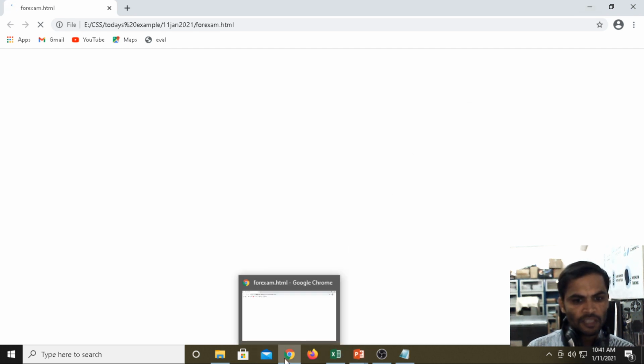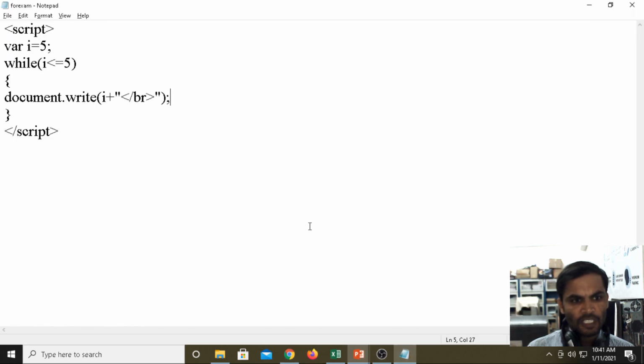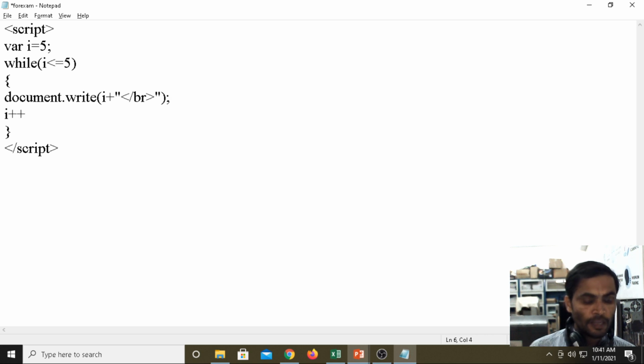For your iterating purpose we should give the increment operator, i plus plus. Then here, if you want to execute the condition multiple times, I am giving i less than or equals to 10. Then press F5.